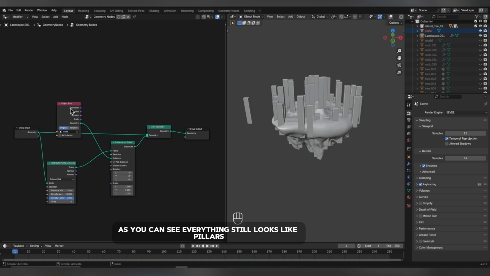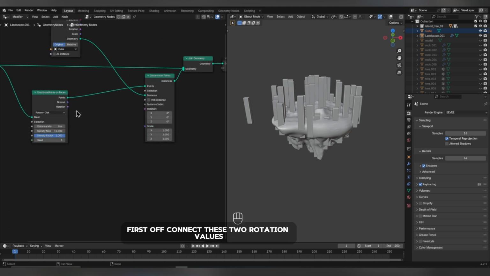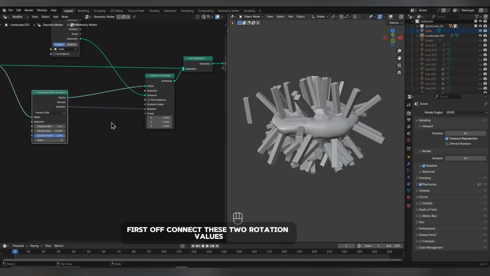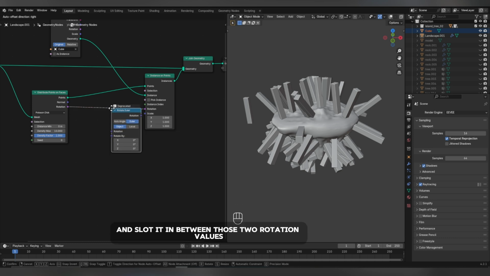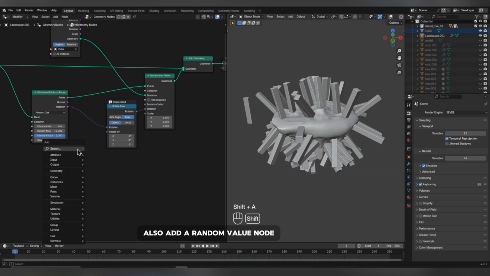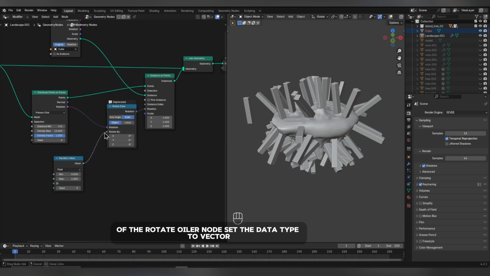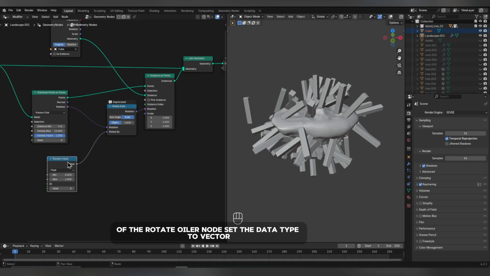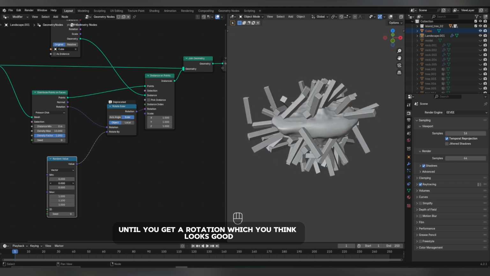As you can see, everything still looks like pillars, so let's get to work on that. First off, connect these two rotation values. Now add a Rotate Euler node and slot it in between those two rotation values. Also, add a Random Value node and connect it to the Rotate By input of the Rotate Euler node. Set the data type to vector, then begin to play with the values until you get a rotation which you